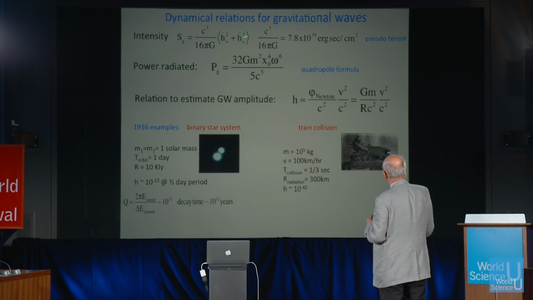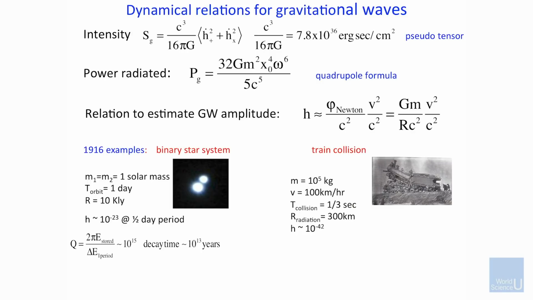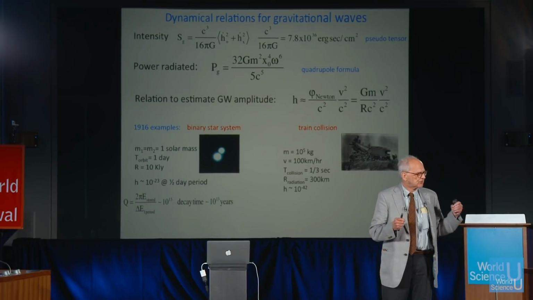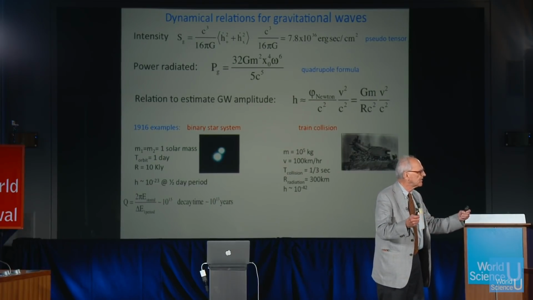And so, for example, this is the formula that he screwed up in the 2016 paper, but it's called the quadrupole formula, and it relates the amount of power that's radiated to the parameters of the source. I won't go into all of this. But the important thing is, we'll get a very similar relationship in electricity and magnetism if you did the following thing. And it's called quadrupole radiation, and even in E&M, the radiation we always teach students about and we experience is called dipole radiation. It's radiation from accelerating charges that are positive and negative.